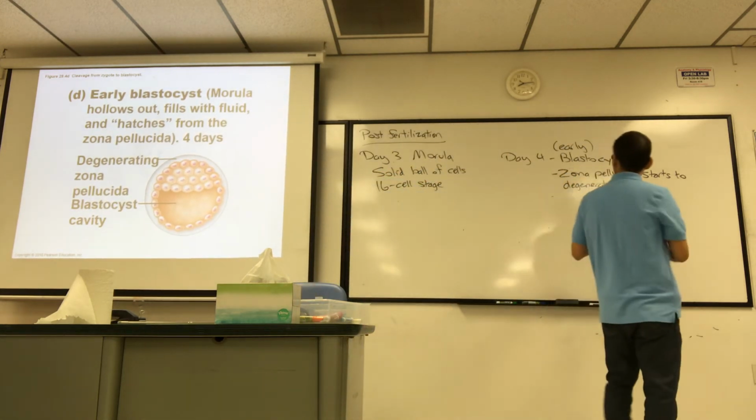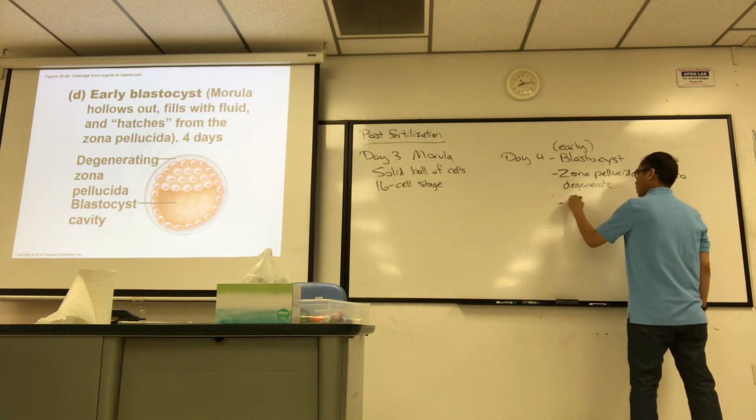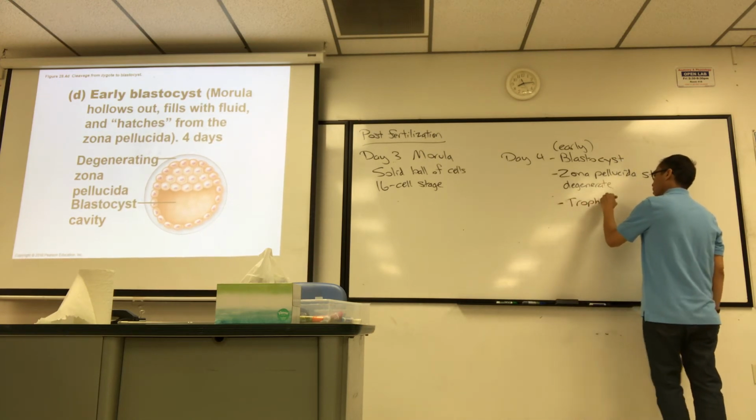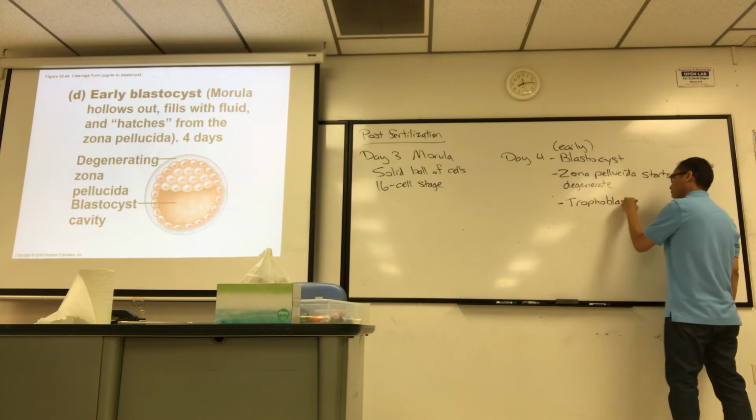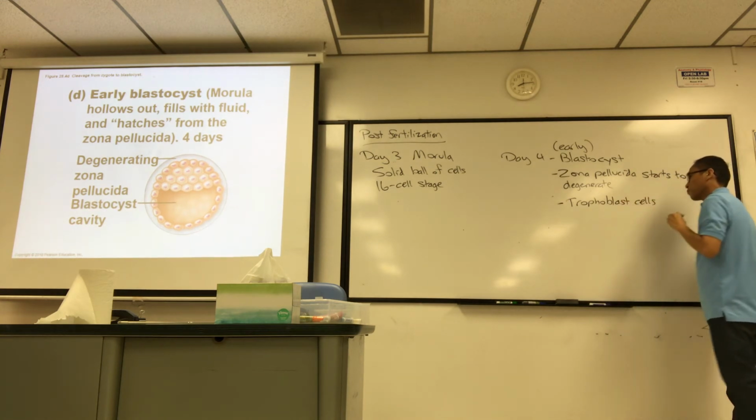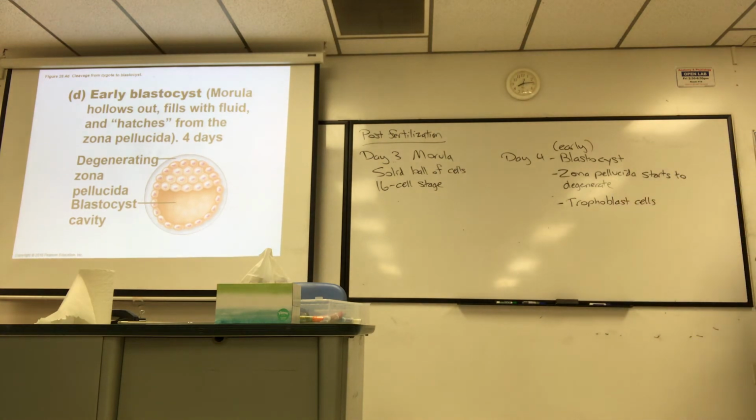So note trophoblast cells. In development, some cells aren't actually part of the baby or what will be the baby. Some are. Some of the structures that aren't part of the baby usually have some kind of supportive reason. Like, for example, what we're going to see is that these will ultimately become the placenta, but it's not part